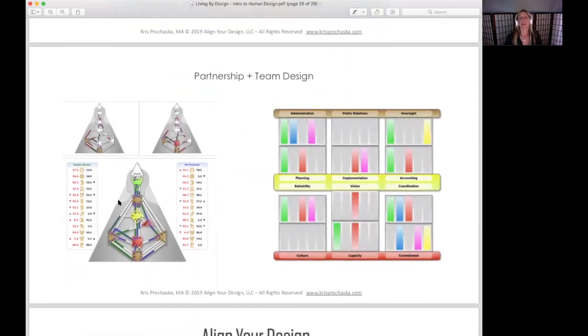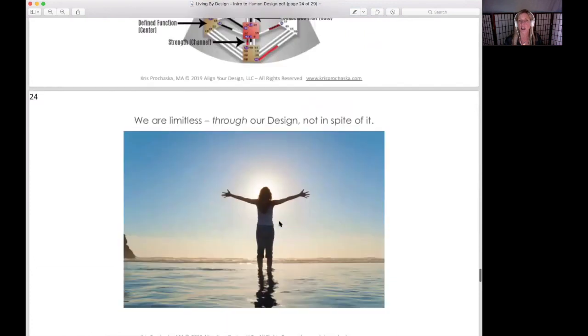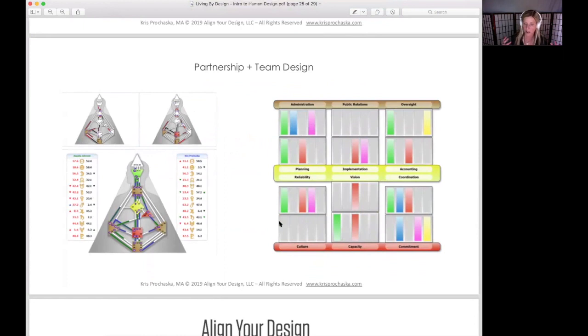Okay, here we go. I want to show you a little bit about some cool applications that we can do when we're looking at design. So this is, when I'm looking up here at the individual design, right? I have a lot of clients where they just come and we look at their individual design, we look at their marketing, we look at their speaking. I have a lot of clients who are speakers, whether they're speaking to a team, whether they're speaking on behalf of a company, whether they are the leader of that company, TEDx speakers, speakers who are trying to speak to sell and it's not working. And they're like, I don't understand why this formula isn't working. We look at their energy.